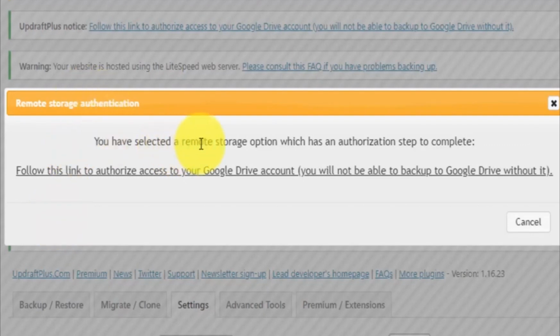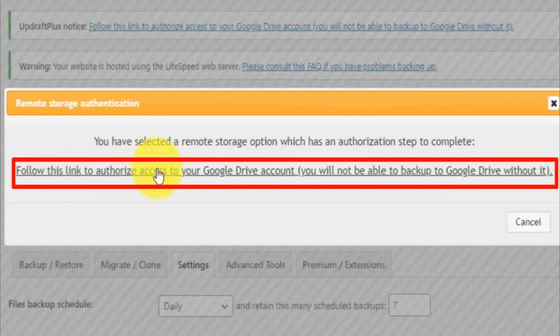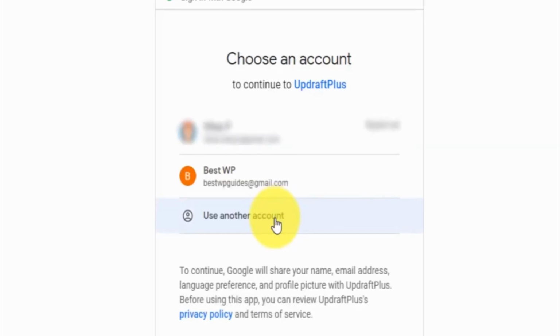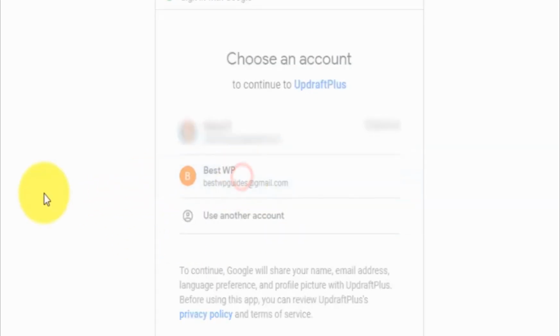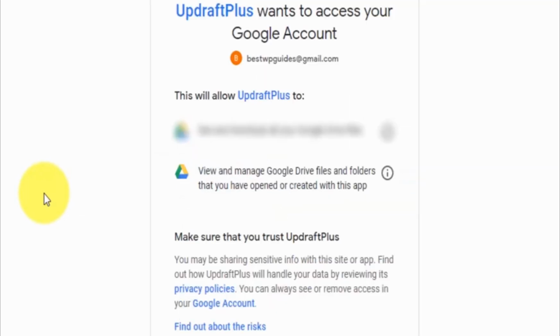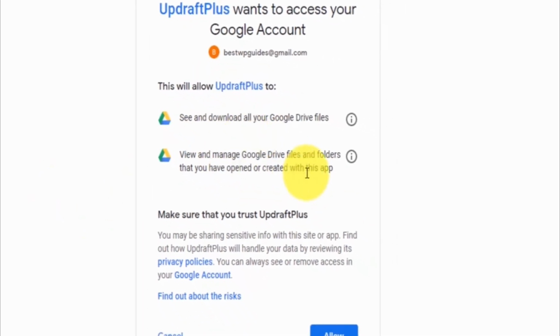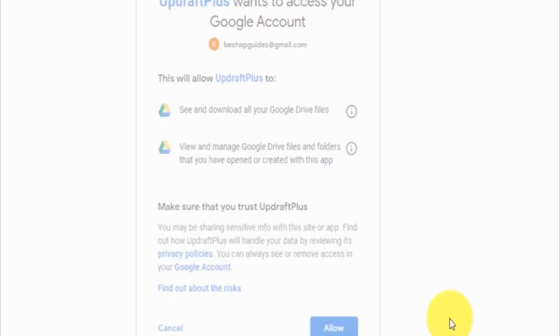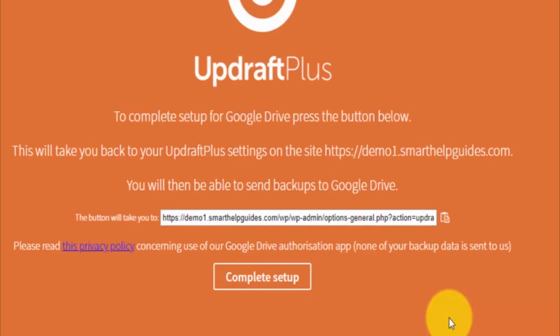Follow this link to authorize access to your Google Drive account. Just click here. Then put your email address and password. Then select the account. Then click here. Then click allow.